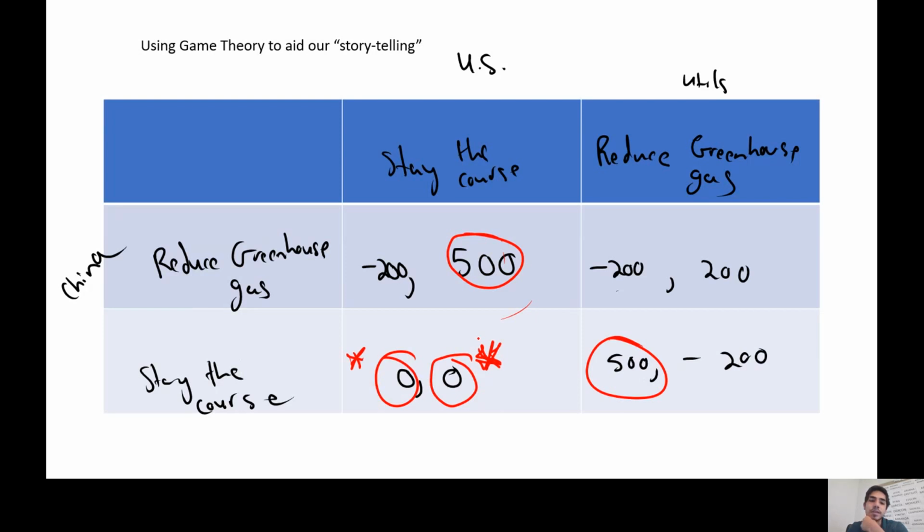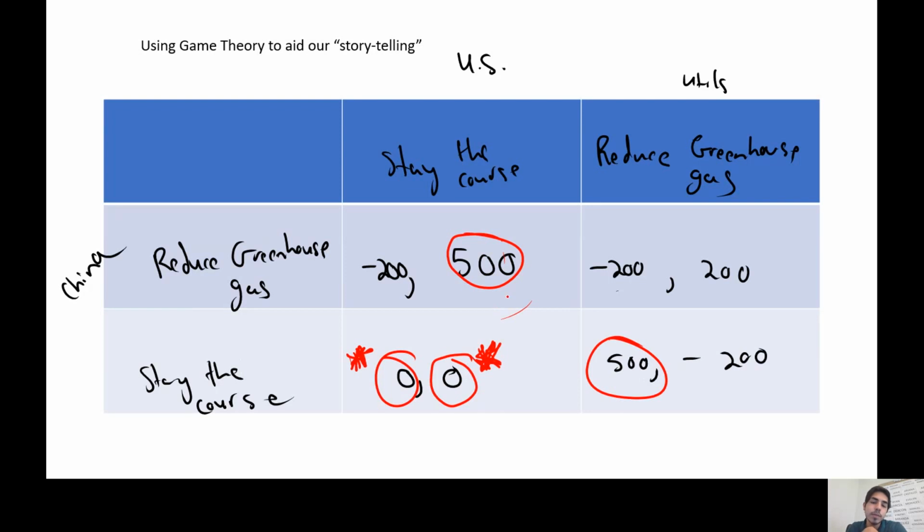But we don't need both players to have dominant strategies to solve the game. We would expect, as long as one player has a dominant strategy, the other player would just play the best response to the other player's dominant strategy. That's another way we can solve the game. And what we arrive at is we arrive at several things, right? We arrive at the third best outcome for both players, right?